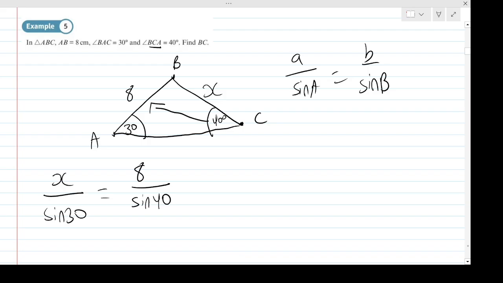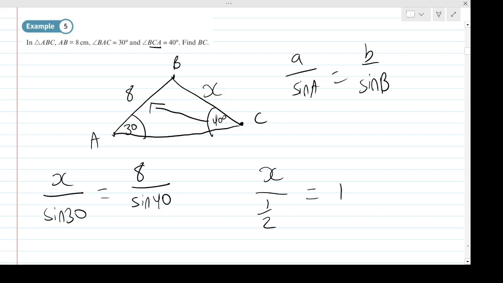So there we are then. So this is actually an equation for x, and we can solve. So we can just put all these numbers in the calculator, because then we're going to get x over sine 30 firstly. Well, sine 30 is going to be a half. And then that's going to equal 8 over sine 40, which if I do all that in the calculator, 8 over sine 40